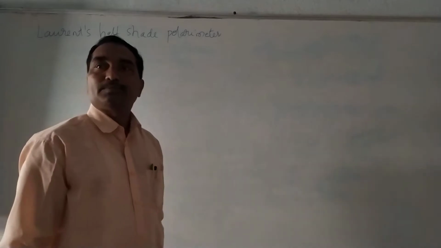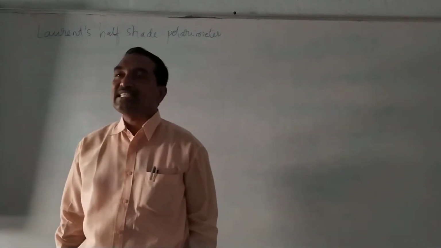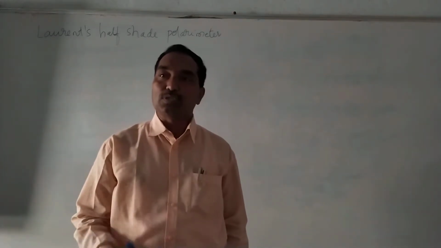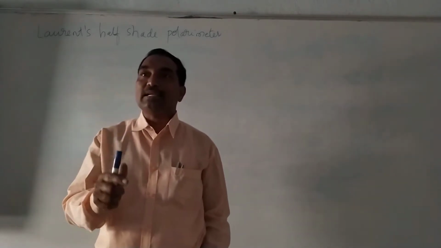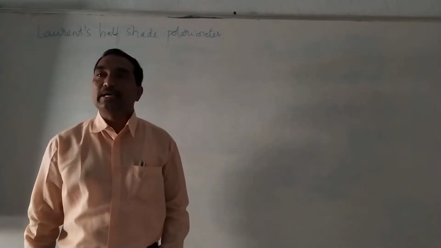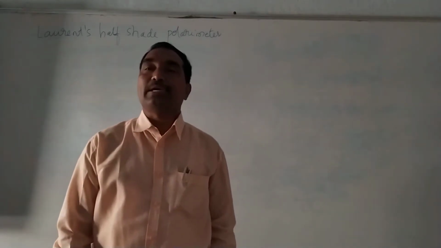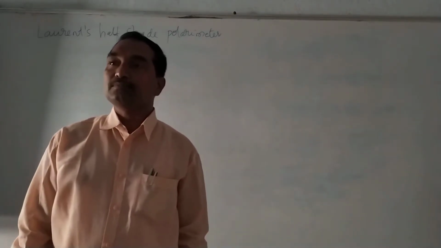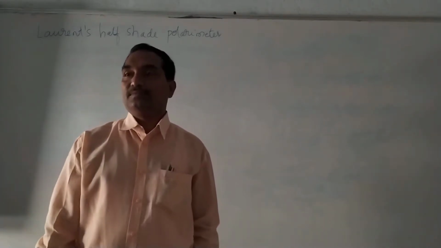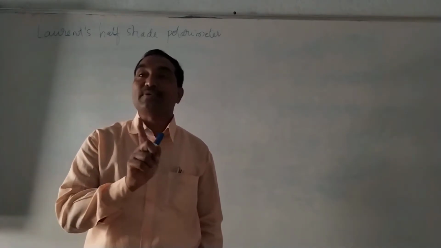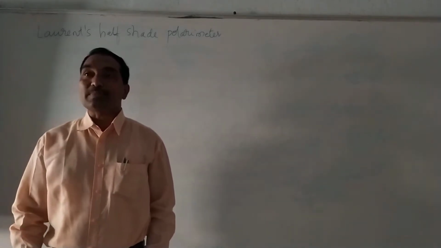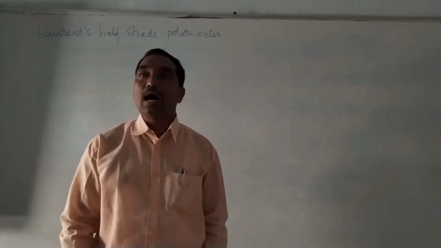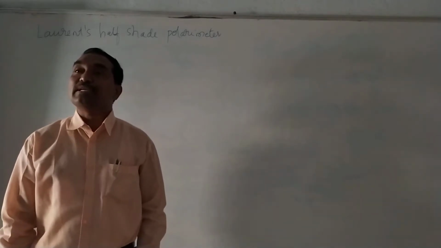We are discussing that when plane polarized light passes through some crystals or substances like quartz crystal or sugar solution, the plane of polarized light rotates. This phenomenon is called optical activity or optical rotation. By using this principle, we can determine the angle of rotation as well as the concentration of the liquid when its specific rotation is known. Some instrument is required to determine the angle of rotation or concentration of the liquid. Such an instrument is called a polarimeter.